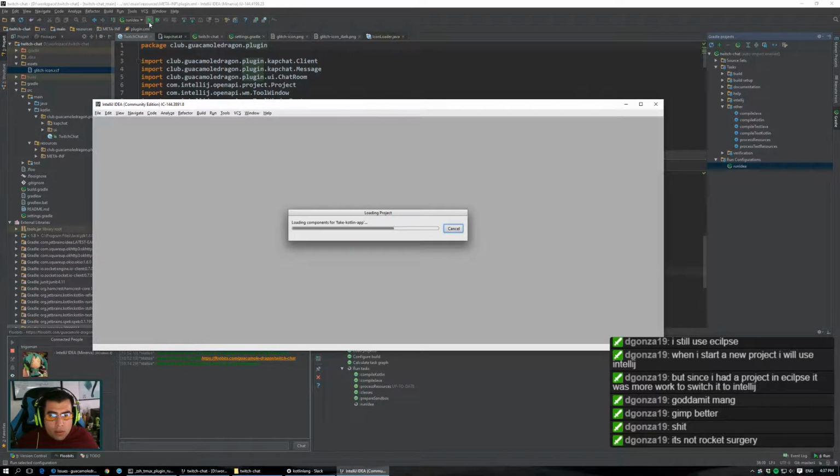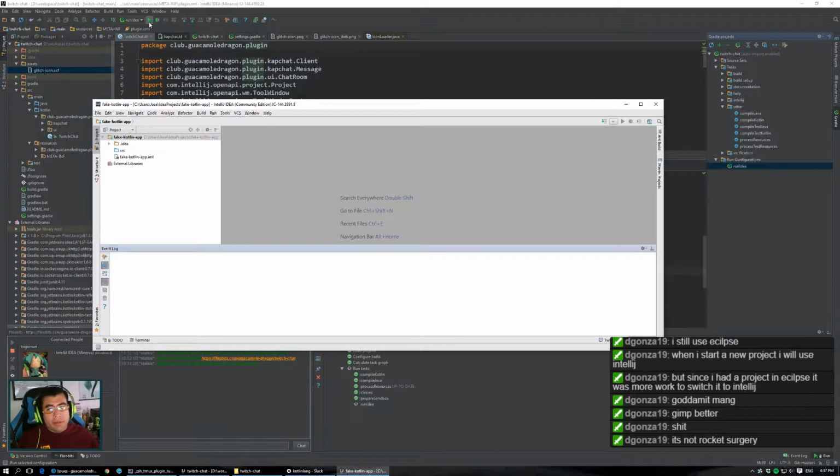And all of a sudden, it works again. That's bullshit. This is inconsistent behavior that I do not know how to debug. So it could be one of two things. I don't understand how Gradle works,